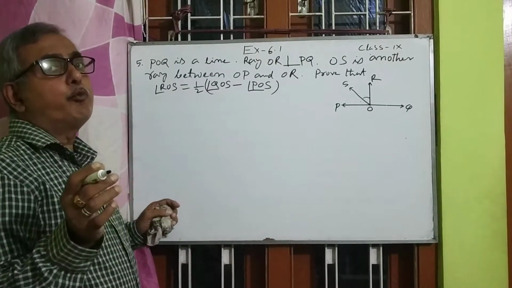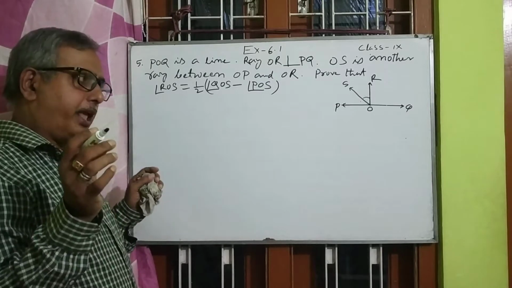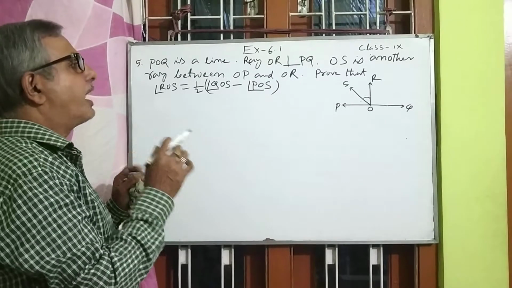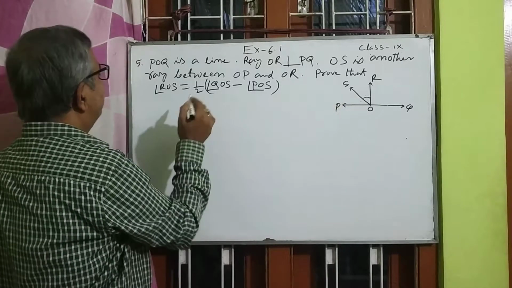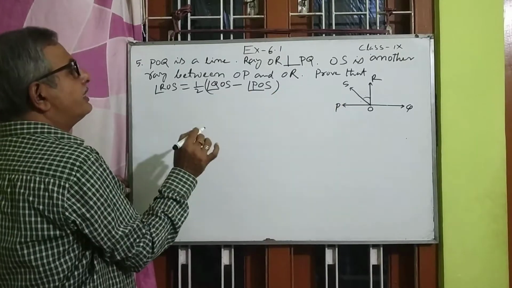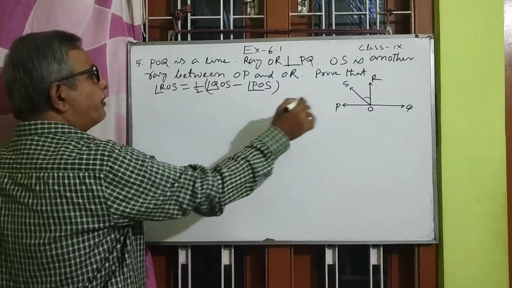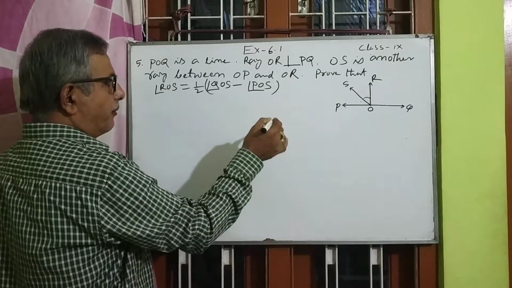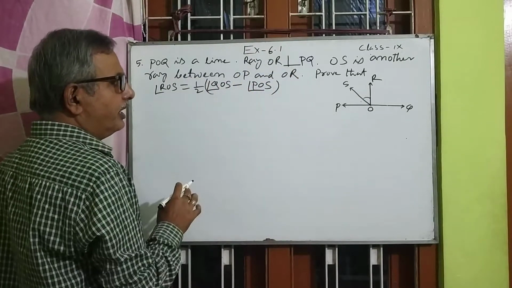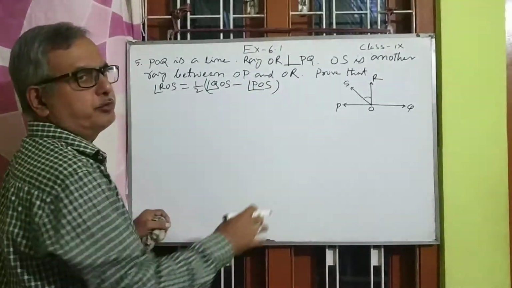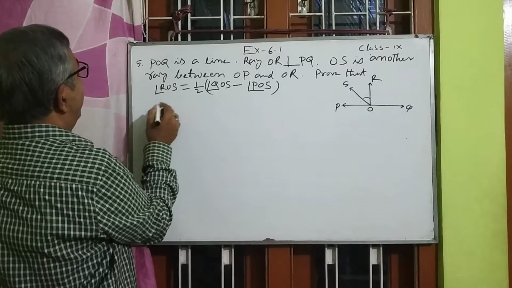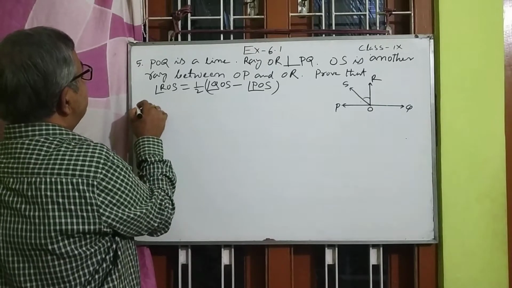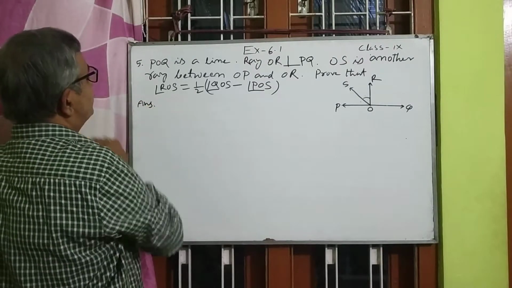Whenever you are going to prove any theorem or any question, you have to write something. In the question, you see the figure is already given. Here the figure is given, so no need of drawing the figure again. Of course, if in the question paper the figure is not given, then you have to draw the figure. You will write the answer in this way.